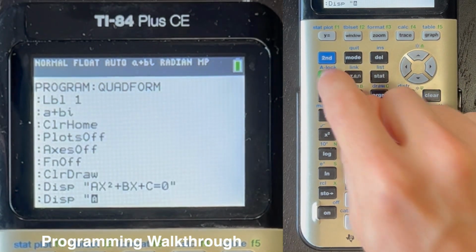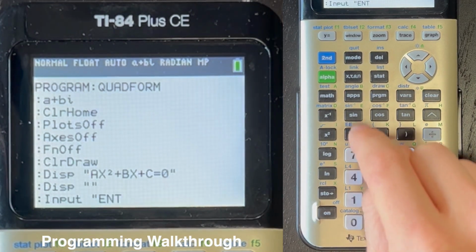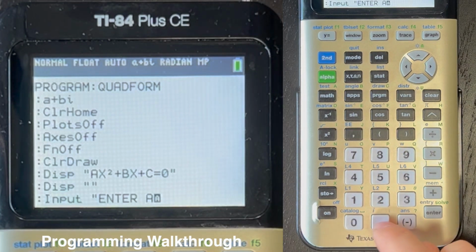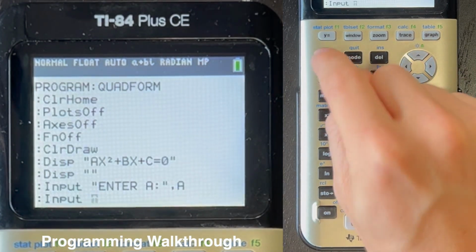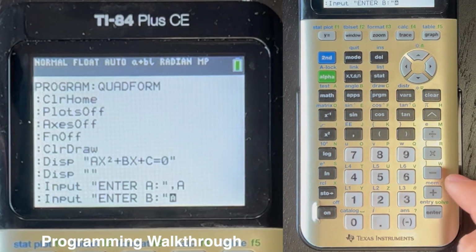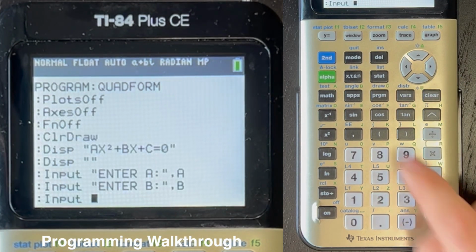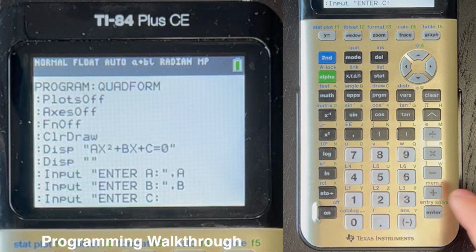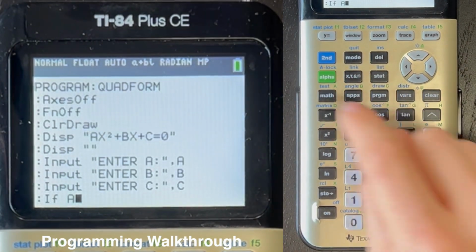disp, alpha quotes, enter, program, input, and then in quotes, the word enter, space A, colon, close quotes, alpha, comma, alpha A, enter, program, input, enter, space B, colon, close quotes, alpha, comma, alpha B, then hit enter for a new line, go to input again, and enter, space C, colon, close quotes, comma, alpha C, enter for a new line, and then program if alpha A does